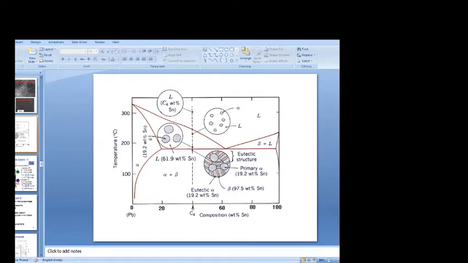So on this point I am going to explain again. For that, the alpha representing here is the development from the point M. The alpha phase will be present both in the eutectic structure and also as the phase that forms while cooling through the alpha plus liquid region. So one alpha is distinguished from the other: the one which resides in the eutectic structure is called the eutectic alpha, while the other, which forms prior to crossing the eutectic isothermal, is the primary alpha, and that point, the primary alpha, is here.